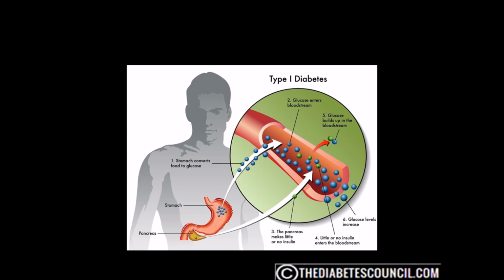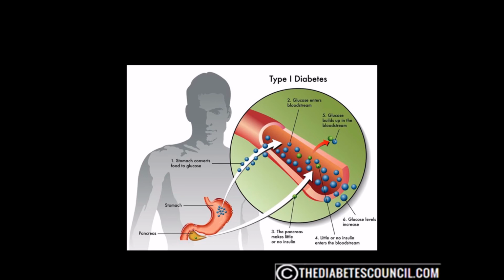To determine diabetes, a blood sample will be taken after an overnight fast. A fasting blood sugar level less than 100, well, that's normal. With a fasting blood sugar level of 126 or higher on 2 separate tests, you will be diagnosed with diabetes. Now, if you are diagnosed with diabetes, the doctor may do other tests to distinguish between type 1 and type 2, since the two conditions often require different treatments.